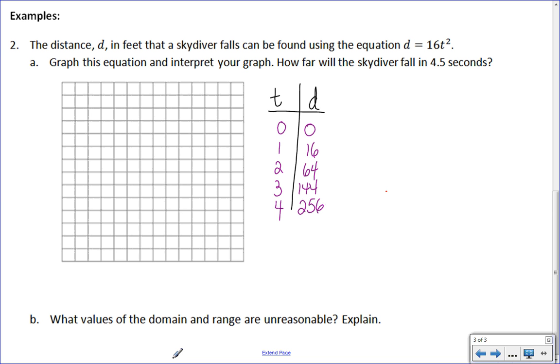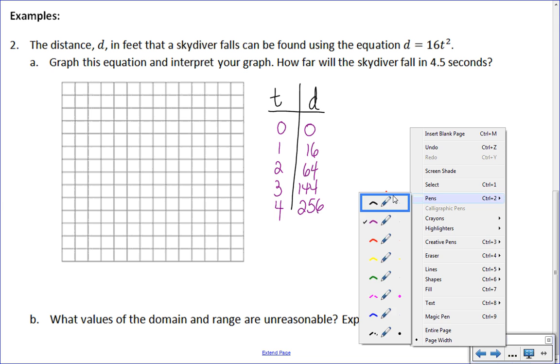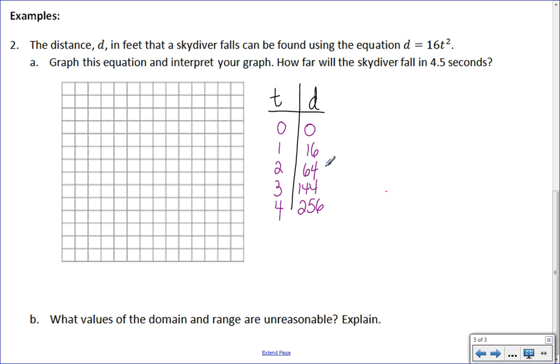Now to put this on the graph, notice our numbers go up very, very quickly. So when we scale our graph, it might make sense to scale this so that each square is 25 instead of, obviously instead of 1, because that definitely won't fit. But that way we definitely will be able to fit all of our points on the graph. So we'll start at 0, and this will be 25, 50, 75, 100, 125, 150, 175, 200, and so on, 250, 300,